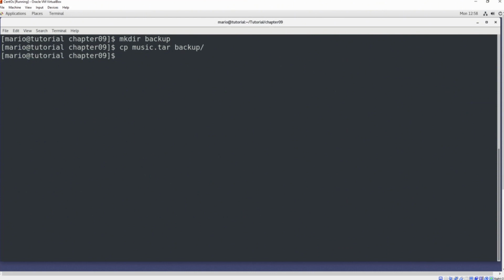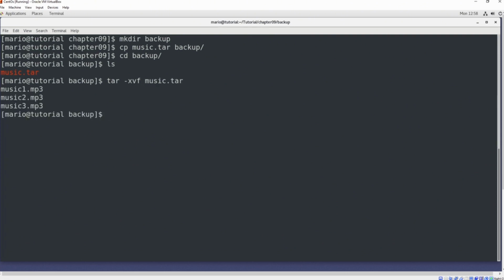And then we'll cd onto our backup. We'll type in cd space backup. And here we'll want to actually extract our files from the tarball or the archive. For that, we'll simply type in tar space -xvf space music.tar and hit enter. Now, if you want to extract the files without displaying their names, you can simply do that by not typing in the v. Now, to remove the music files, we'll simply type in rm space music1.mp3 space music2.mp3 space music3.mp3